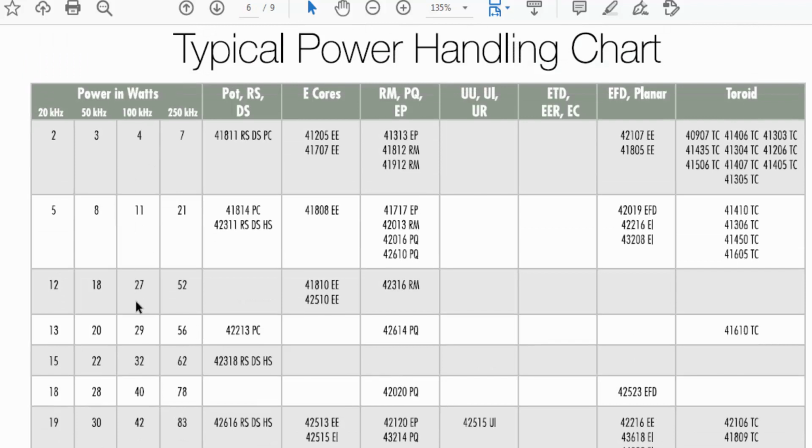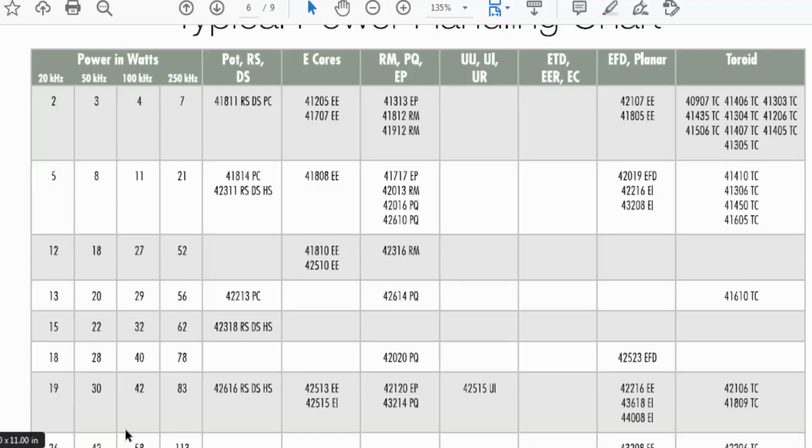If I want the same 30 watt at 100 kilohertz, that means I have to select this core, 32 watt, that is much closer to 30 watt, and I cannot use 29 watt, so I have to select this core. If I use 67 kilohertz, I have to select more than this. Here is 28 watt, so I have to select this 30 watt core. This core I can select. So when we increase frequency, the power will increase.